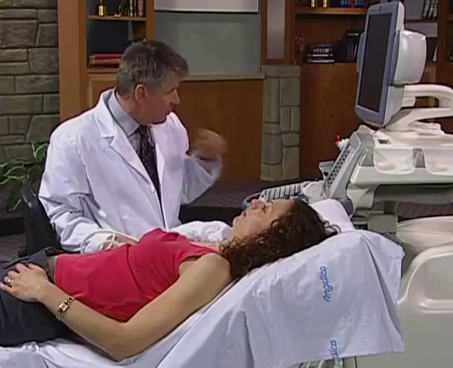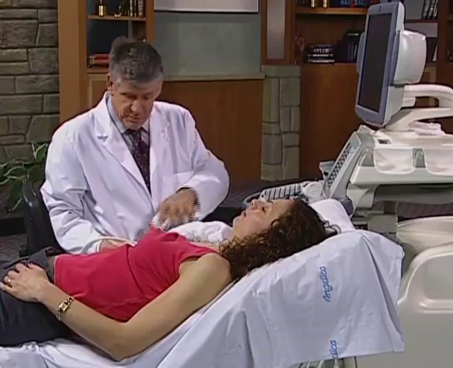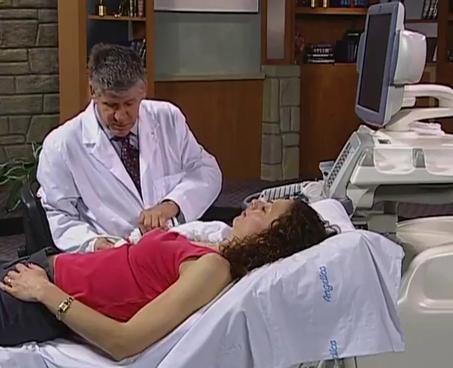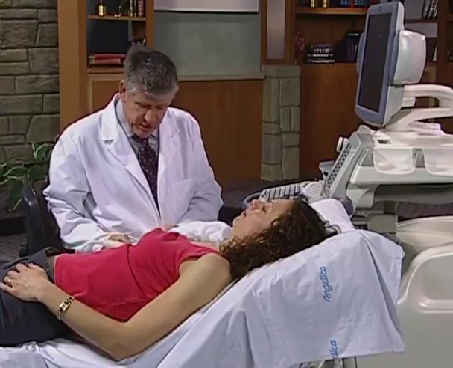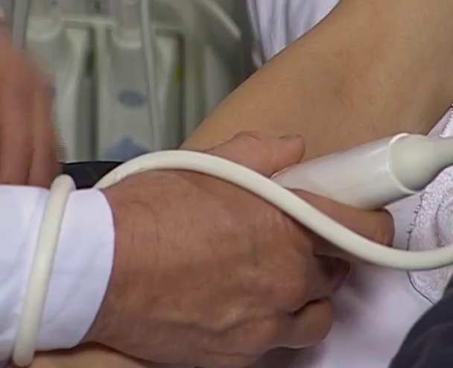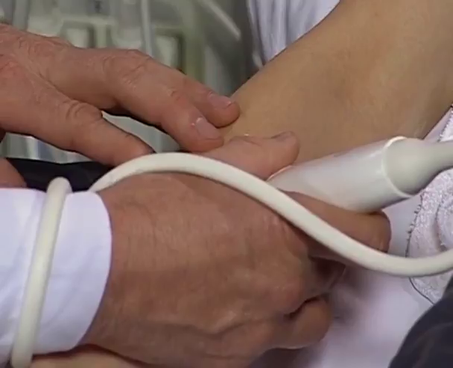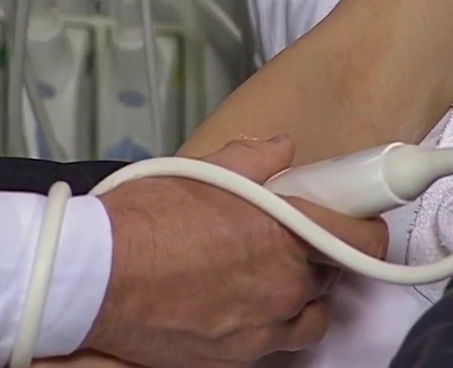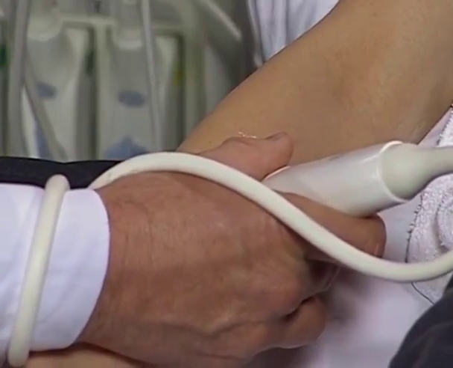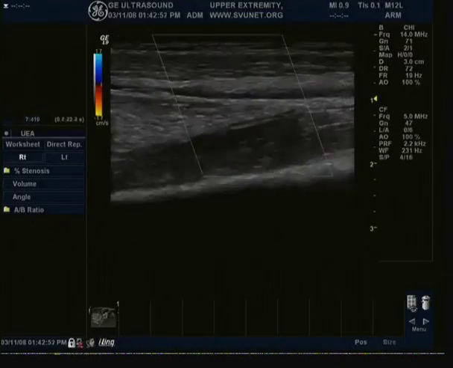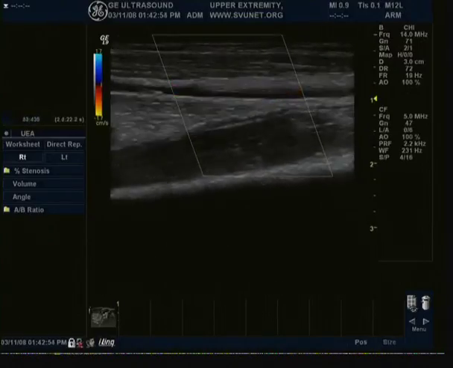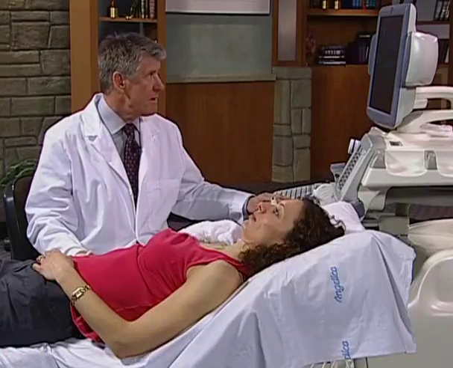One other thing that we would do if we were mapping this for hemodialysis access, or excuse me, for coronary artery bypass, we would look carefully in the radial artery for any calcium. So I'm on the radial artery now, down in the forearm, and I've identified the radial artery in transverse and gone to longitudinal. We'll put on our color Doppler, and I'd like to demonstrate something that I find very interesting,